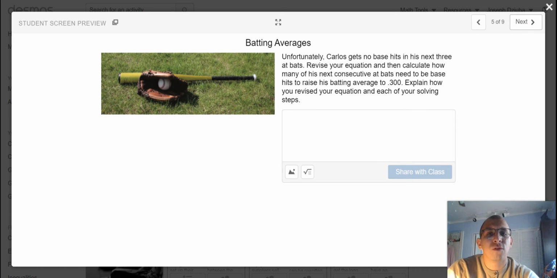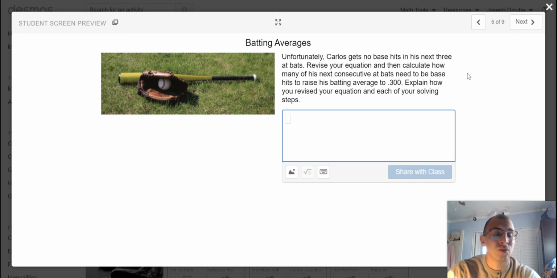So, unfortunately, Carlos gets no base hits in his next three at bats. Revise your equation and then calculate how many of his next consecutive at bats need to be hits to raise his batting average to .300. Explain how you revised your equation and each of your solving steps. So,